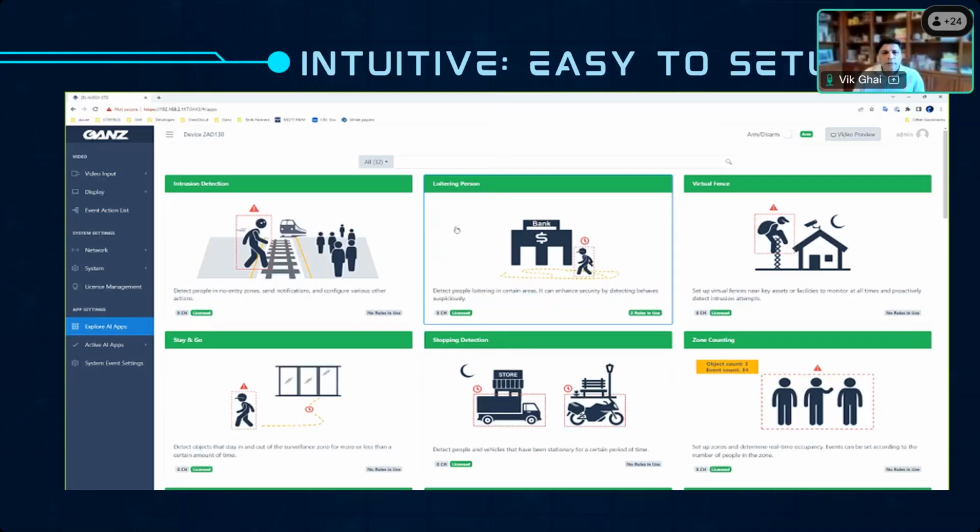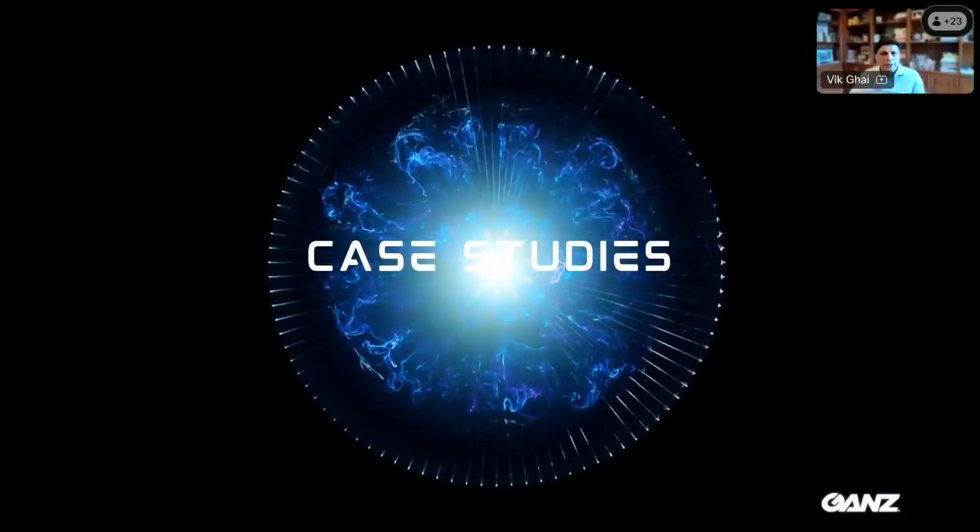The AI box includes advanced features like object detection, tracking, pose estimation to understand body movements, scene understanding, and very important features like privacy masking, especially if you want to ensure that faces are not detected, but everything else is detected, actions are detected, tamper detection, and even event data analysis. So examples of how templates work, I'm going to share with you next, and you will really see the power of the system. Let's look at some real case studies.